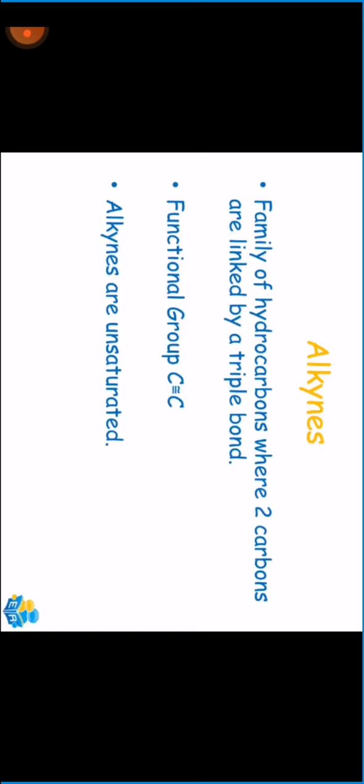So moving quickly on then to alkynes. Alkynes are the family of hydrocarbon that have their 2 carbon atoms linked by a triple bond. So the functional group for an alkyne is C triple bond C. You don't need to know names or structural formulas, but you do need to know the properties. So the properties of alkynes: they're excellent fuels, they're gases at room temperature, and a use of alkynes is oxyacetylene